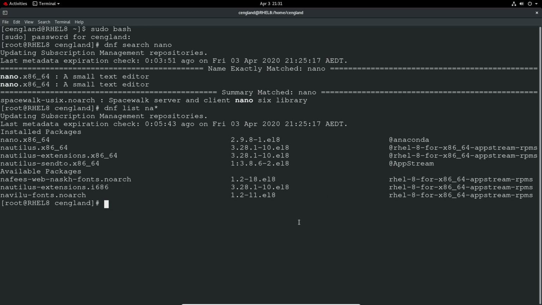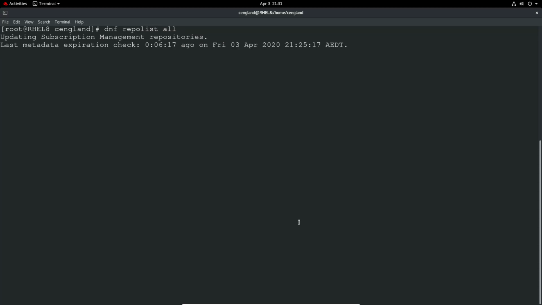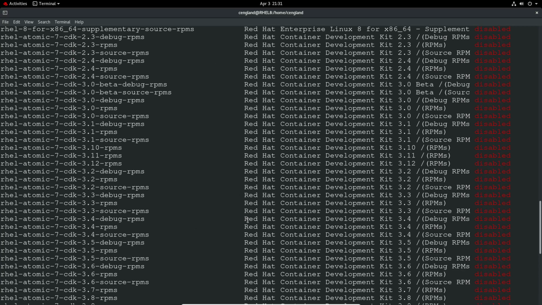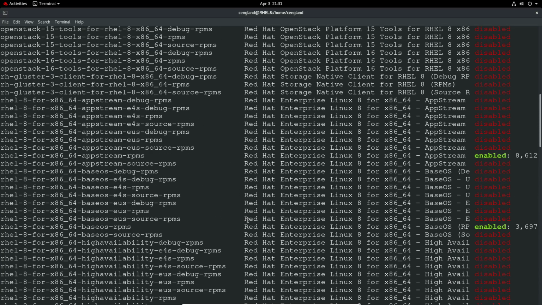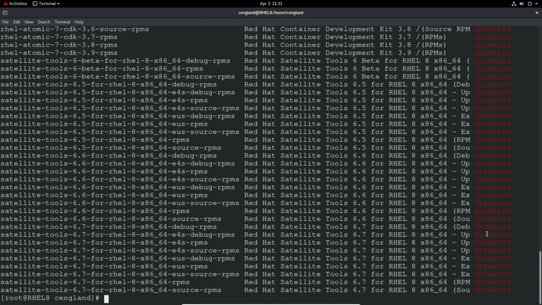Okay. If you want to find out if there are any disabled repositories, you can do this. It's dnf repolist all, and it'll list all the repositories that are configured on your system, but also list the ones that are currently disabled. With Red Hat you're going to get a lot of additional tools, and most of them will be disabled. I think I only have a couple enabled. You can see the two in green there that are enabled, but there's a very long list of